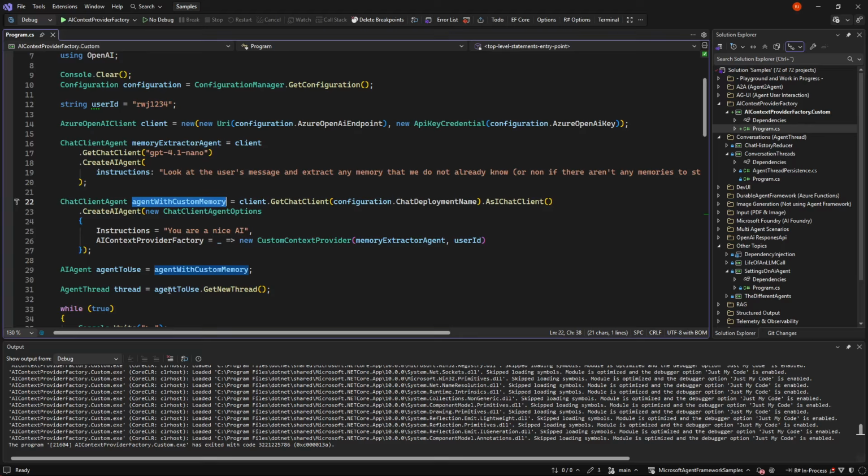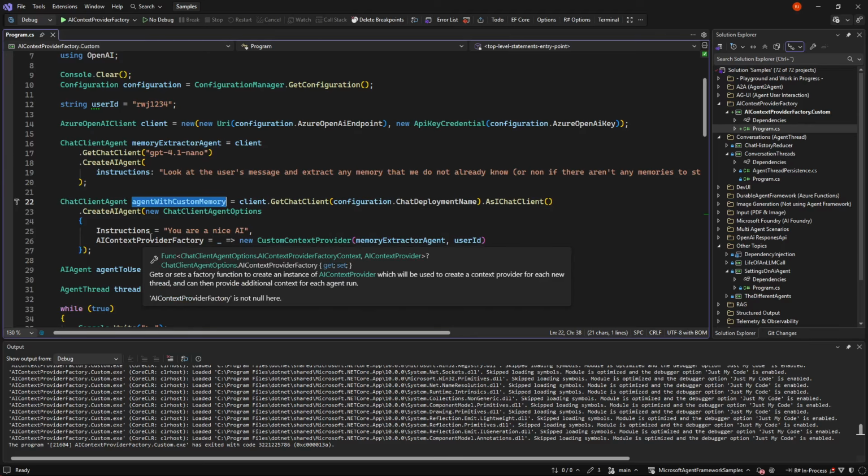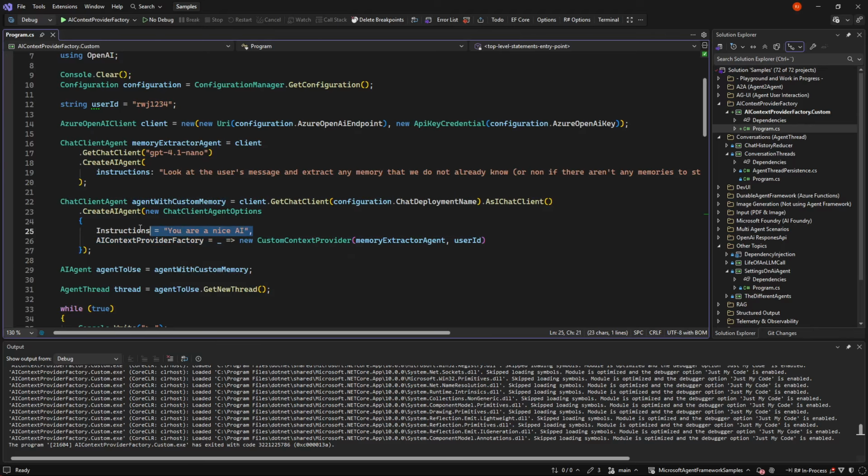Instead, we are adding our agent with custom memory, and we are just making the agent like normal and giving instructions. We're not telling this user memory up front or anything. But what we are providing is this AI context factory, which sits on the chat client agent options.